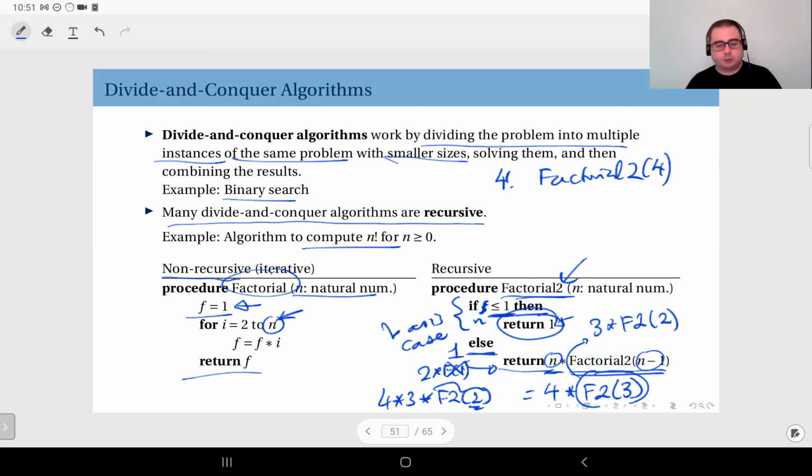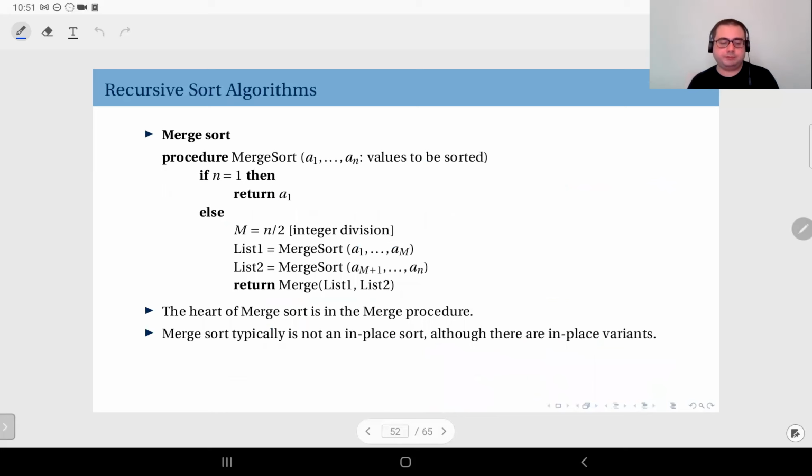Now, as we already studied recursion in the context of mathematical induction, and we talked about recursion in that context, we have an idea about what recursion means. But here, I'm going to give you 2 examples of recursive sort algorithms. The first one is the merge sort. And what this does is,